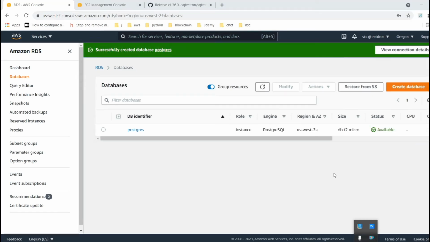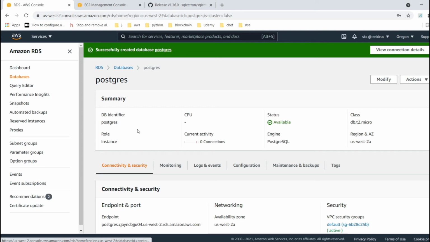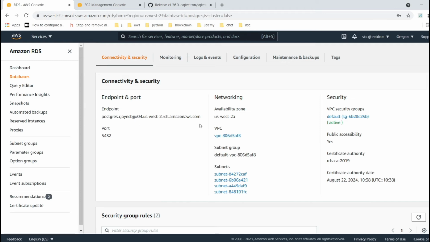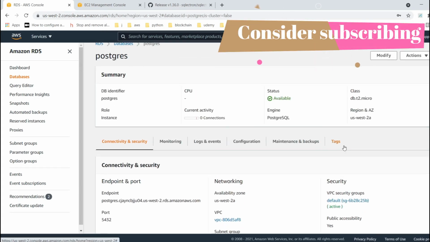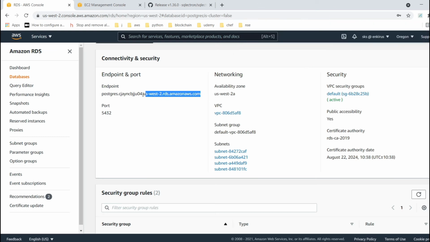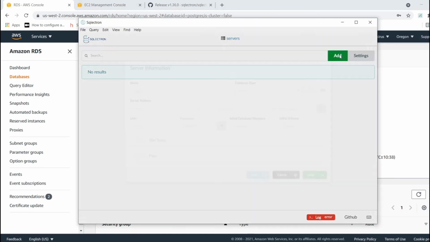It's been launched. I think it took around 7 to 8 minutes. When we click on this, let's see if the recording is working. Yep, it's working. This is the endpoint address which we have. This is the port number, and we see database public accessibility is yes. I think we can modify this later to no if you want. Now let's select our endpoint and come to our workbench here.